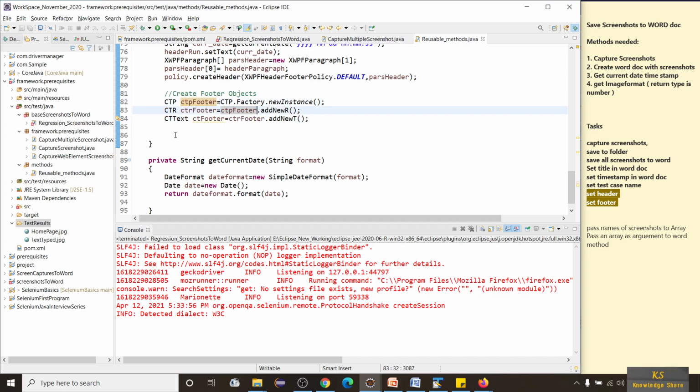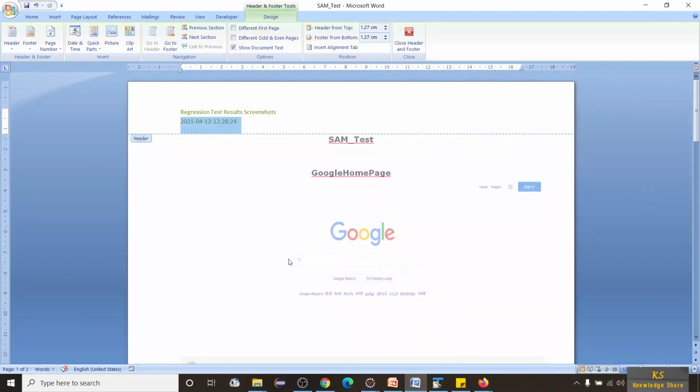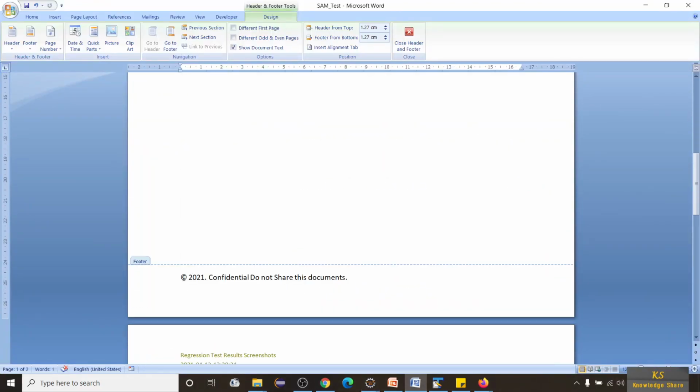Now again I have to set some footer text. What I'm going to do is, if you have observed, I am putting some confidential text here, so that whenever these documents transfer through an email, or when we are sharing these documents to stakeholders or anything, we are maintaining some security standards. So for that you can put your company name and whatever you need.